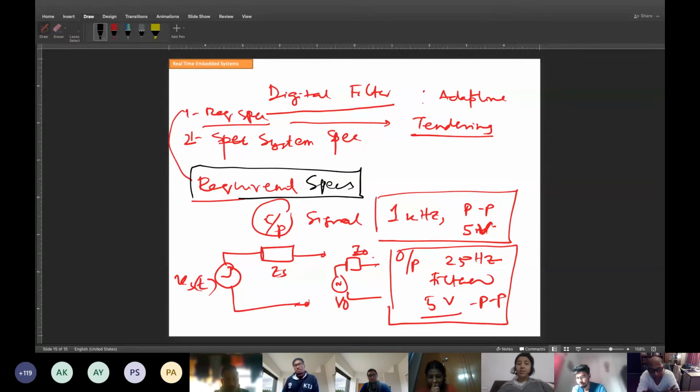The more derivatives are continuous, the smoother that function is. For example, if I integrate the function f(x) = mod x, the integral will be continuous and its derivative will also exist. Again, you can keep on integrating mod x and keep on integrating x. So which one will be more smooth? Definitely the integration of x. So smoothness of the function is defined by the number of derivatives which have continuity.